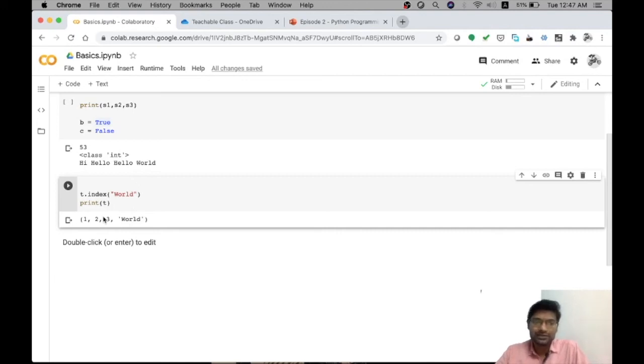So a tuple is a simple data type which can only be created initially, and we cannot modify the values. We can only access the values from a tuple. This is especially useful when we do not want a data type to be modified by each and every person. That is why tuple data types are helpful in nature. So in the next video, we will see the further data types.